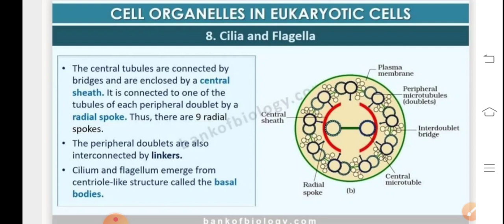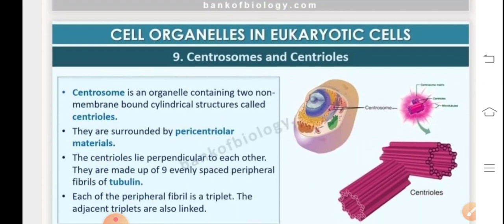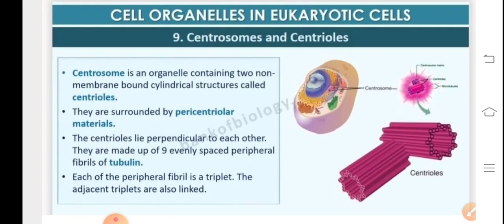Now if we talk about the difference between cilia and flagella, cilia are many in number, that is 3,000 to 14,000 per cell, whereas flagella are just 1 to 4 per cell. The length of cilia is short, 5 to 20 nanometer, and that of flagella is 100 to 200 nanometer. The next difference is that cilia cover the entire body, whereas flagella are present at just one end of the cell. The basic function of cilia is not just locomotion, it's also aeration and feeding, whereas flagella just perform the function of locomotion. So it basically functions as a locomotory organ.